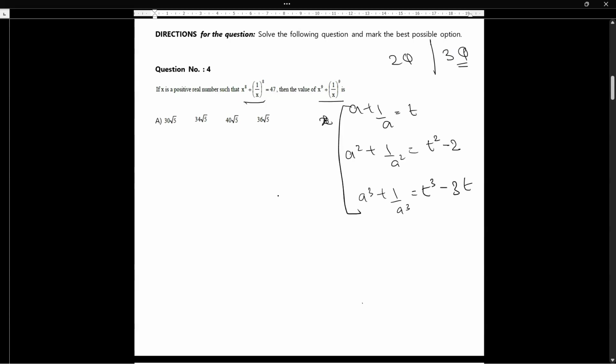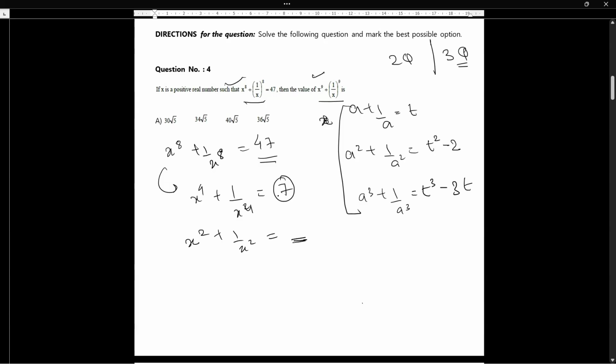If you know these three, you will be very good to go with this, because I know x to the power 8 plus 1 by x to the power 8 is equal to 47. From here, I will go in reverse. x to the power 4 plus 1 by x to the power 4, I will think some number was there, its square minus 2 is 49. So what is that? 7. Understood? So from now, I will write it as x square.